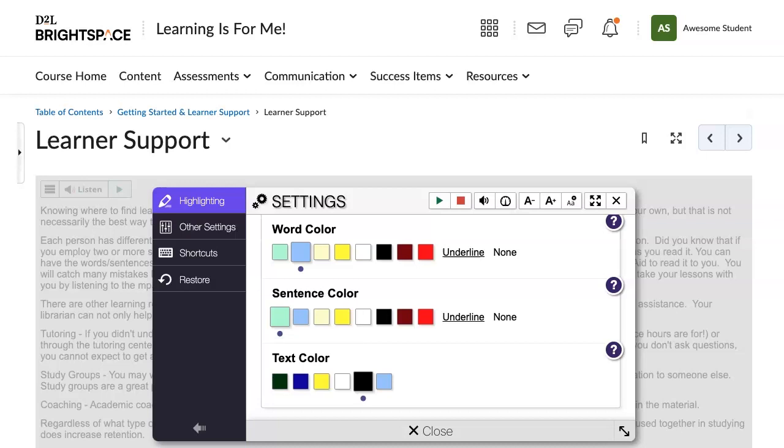This works great for courses with a large amount of vocabulary. If the course is general information, reverse the settings. Let's select blue as the word color, and yellow as the sentence color. The second area is the toolbar that is located on the top right of the highlighting screen.